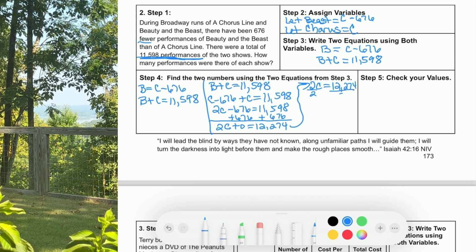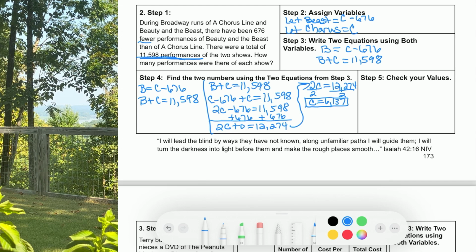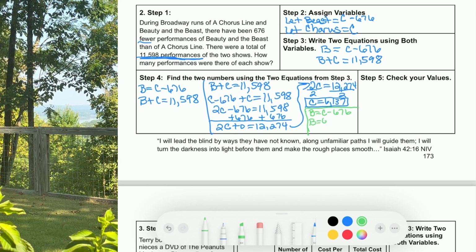Bring it up over here so I can finish it. Divide both sides by 2. And I get C equals 6,137. All right, but I'm not done. I still need to figure out how many for Beauty and the Beast. So I'm going to draw a little box here to section it off. And I'm going to use my other equation to find that. So I have B equals C minus 676. Plug in my C value that I found, 6,137 minus 676. And I get B equals